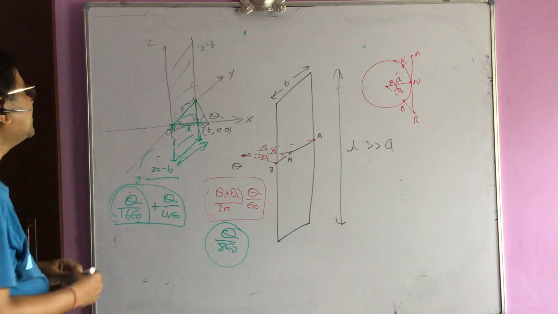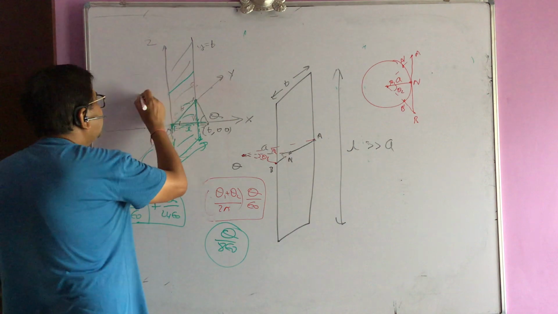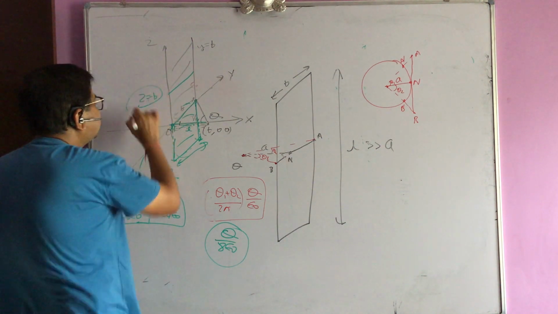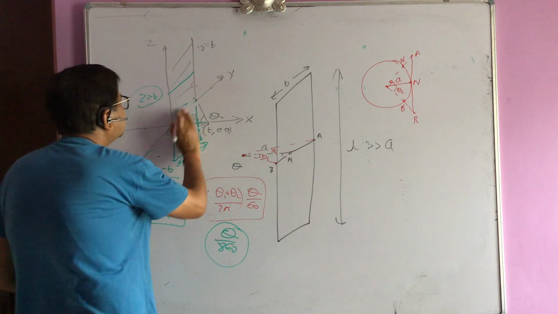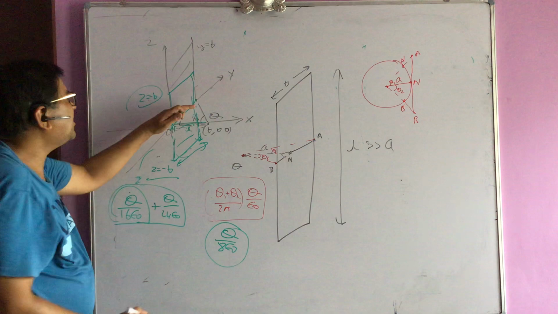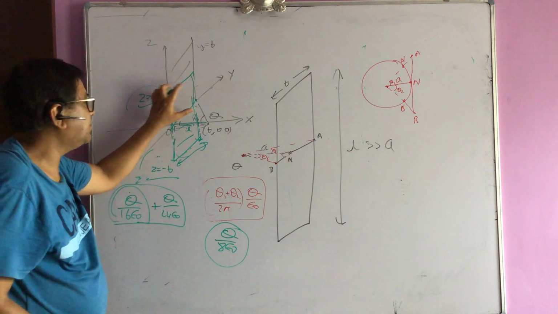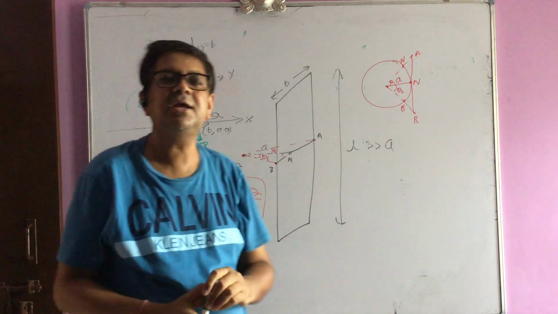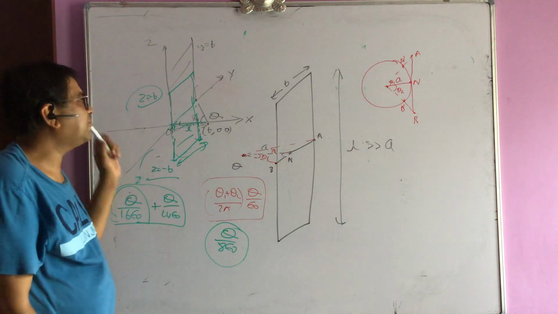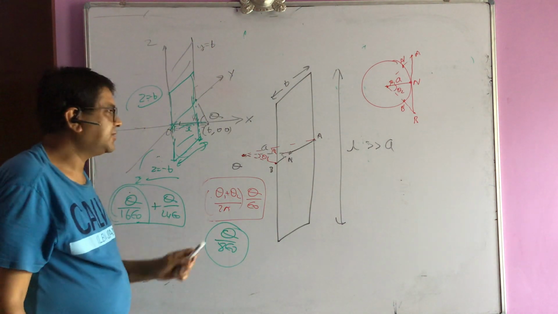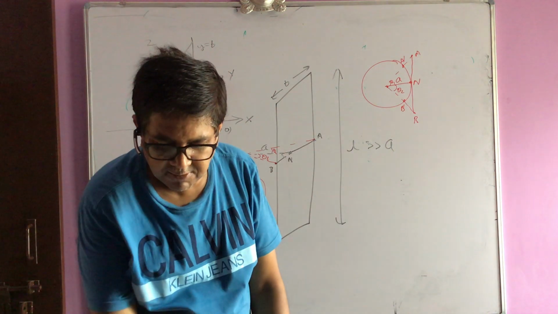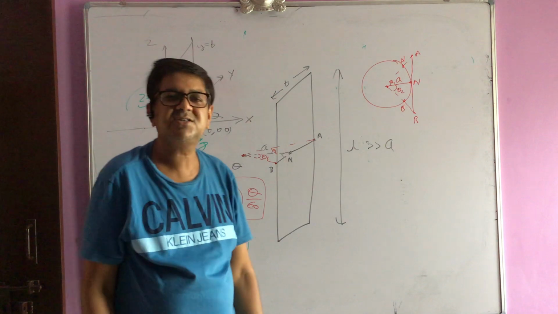Now what if the sheet was starting from z is equal to plus b? So the sheet was not starting from z is equal to minus b. Assume the sheet is starting from here. Then the same logic I will apply. I will calculate it for here, and this part I will make minus. So sometimes mathematically the important results can be modified, and we can calculate the flux through different parts of sheets. It is one of the very popular aspects of IIT JEE when we calculate the flux through a sheet.